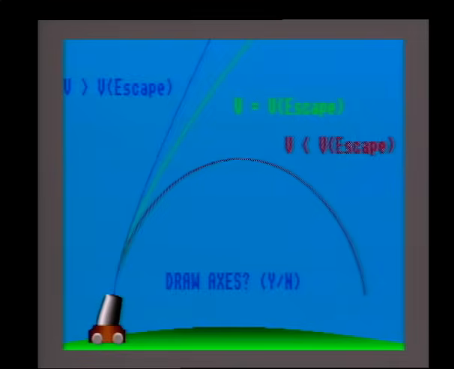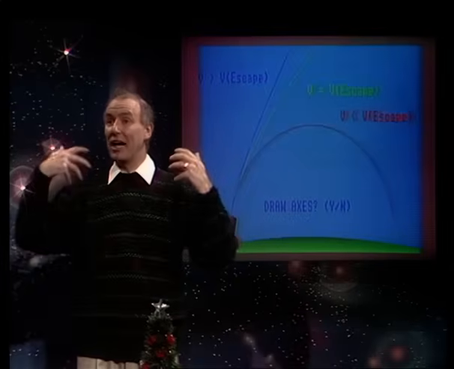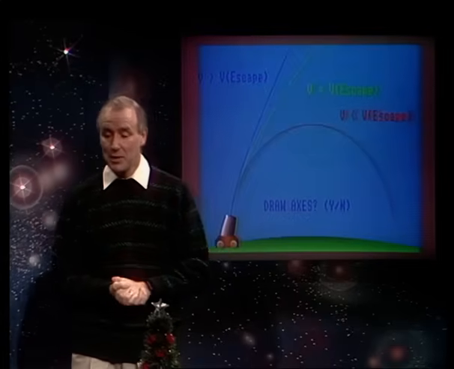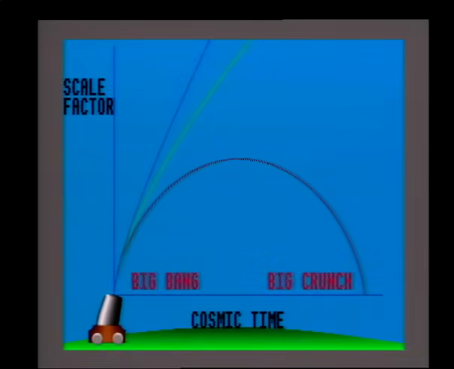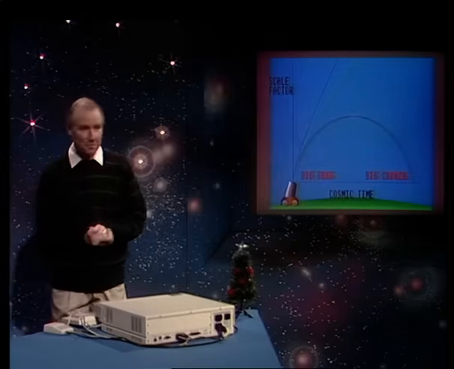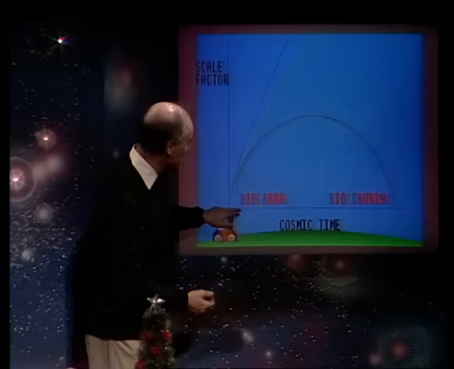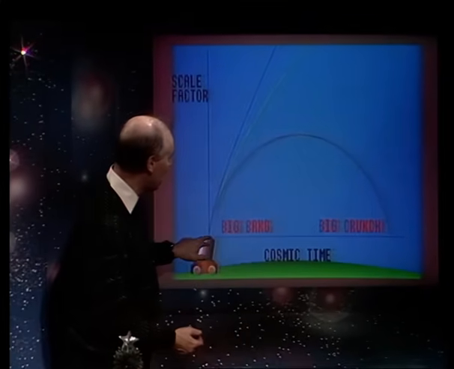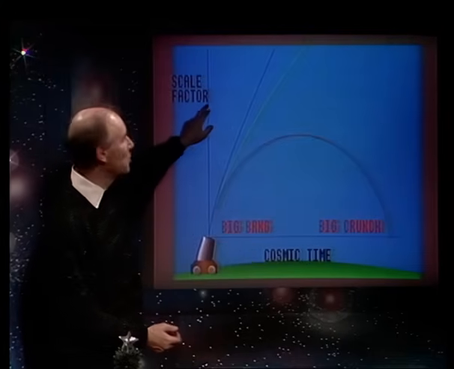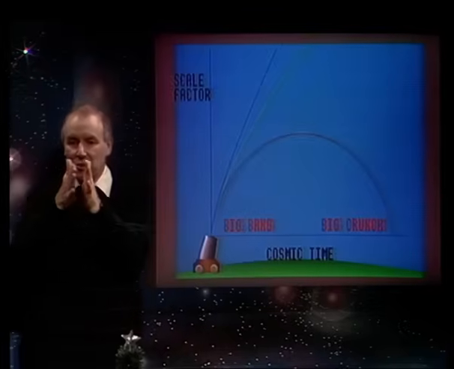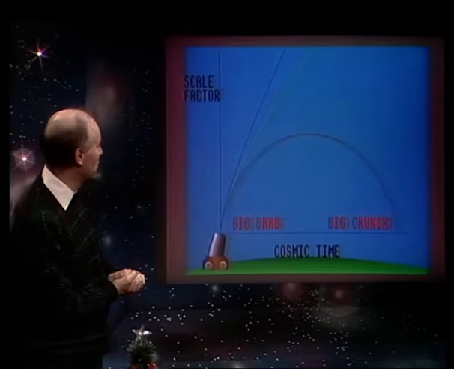And this is showing absolutely precisely not only how cannonballs escape from the Earth, but also how the universe itself expands. Because if I now put the axes on this diagram, what we find is absolutely precisely the dynamics of the universe. Along the bottom axis we have time running from the Big Bang forwards, and up this axis the separation between any two galaxies expanding with the universe. It's just telling you the relative size of the universe as a function of time.